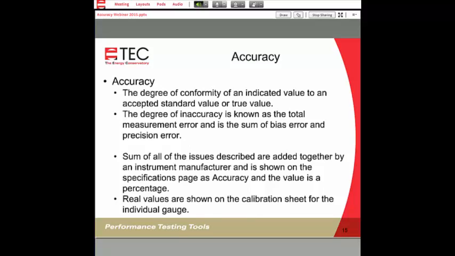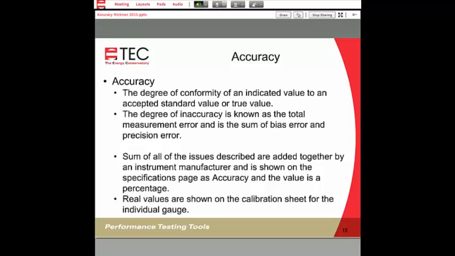So when it comes down to it, what does accuracy really mean? The degree of conformity of an indicated value to an accepted standard value or true value. So when we talk about standard value or true value, we're then comparing ourselves all the way back to a known value, and that's usually at a national laboratory, such as the National Institute of Standards and Technology.